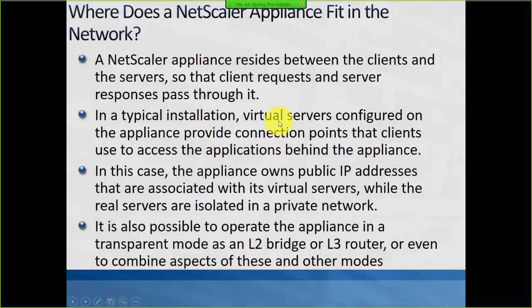Virtual servers will receive the client connectivity, and then forward that request to the applications the client wants to use. If the client is sitting outside and wants to open the Microsoft Word application from the Citrix environment, the connection request will come to the virtual server, and after authentication and everything,